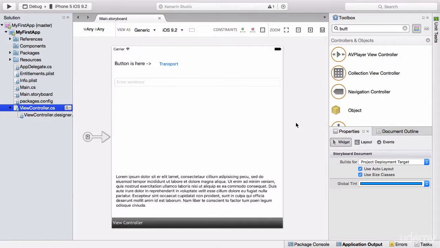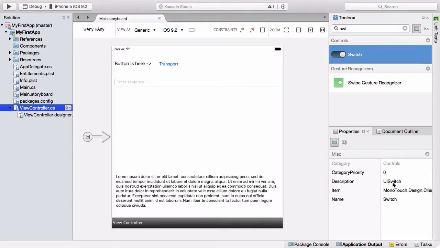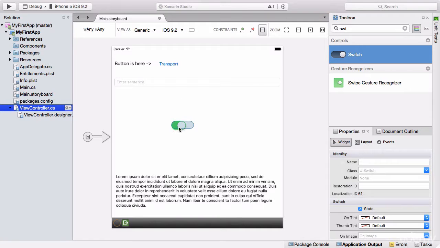Toggle switches. They're a very iOS feature. So let's look at adding one to our current app. Open up your main storyboard. Over in your toolbox, type toggle, or if that doesn't come up, type switch. And if we click on switch, down here you'll notice this is called a UI switch. Drag one over to your project and then we're going to position this just under